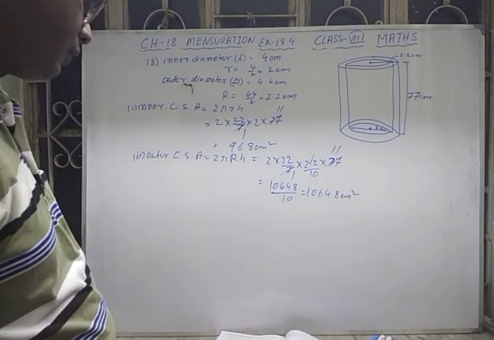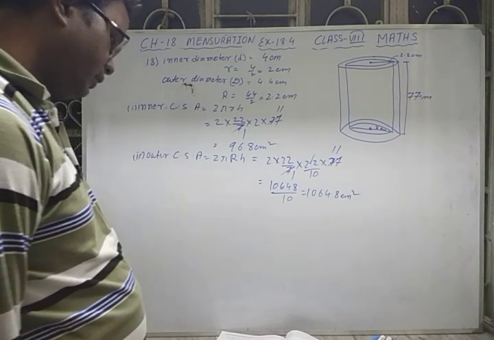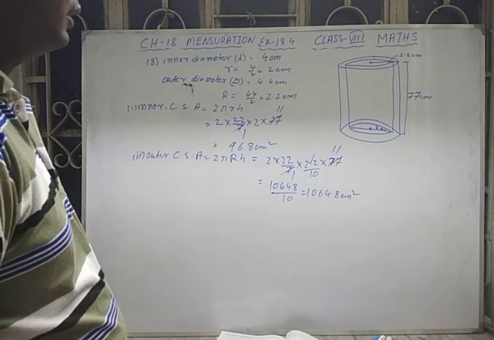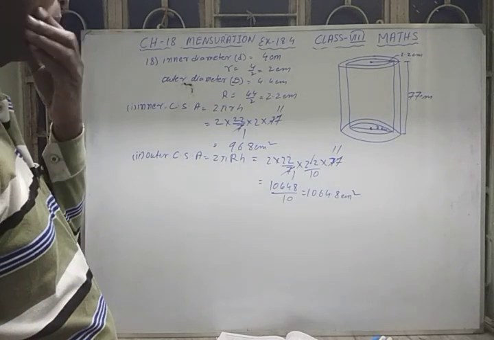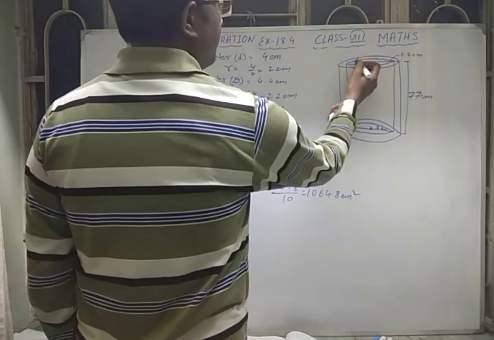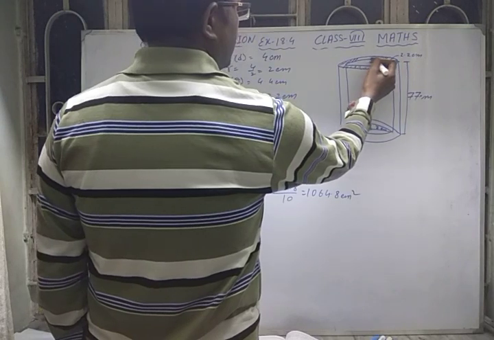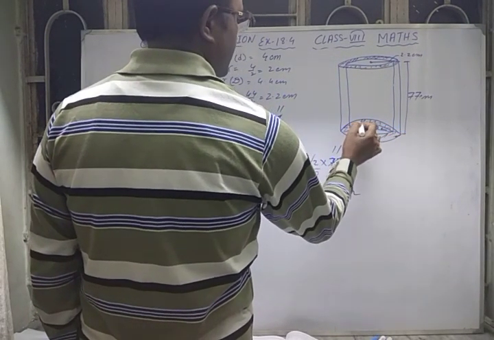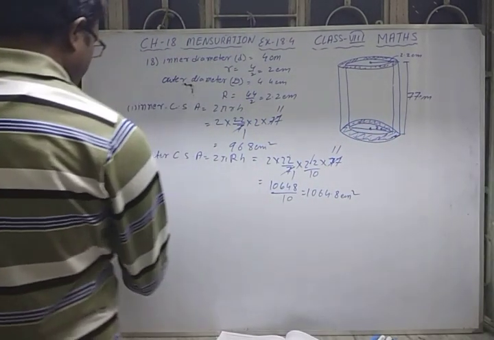Now you have to find the total surface area. So to find the total surface area, the outside total surface area means the outside pipe. The total surface area of the outside pipe you have to find. And I think you have to find this ring portion also. I think you have to find the ring portions also in this question. So means area of the two circular rings. So number 3,